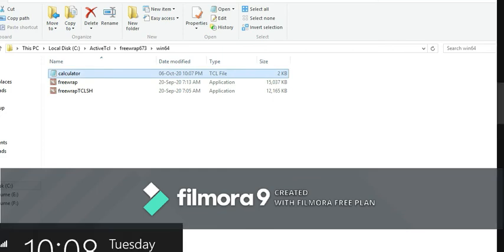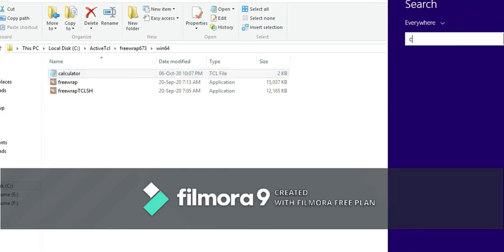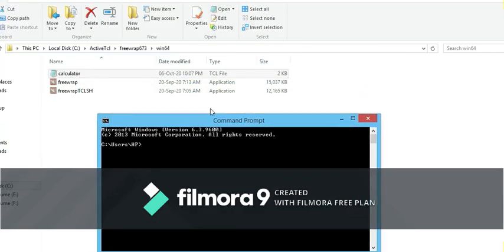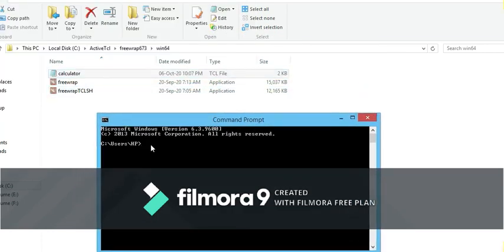Now I am going to open a new command prompt window. Open the CMD window. Right now I have a single calculator file. Here we have to give the path: cd backslash, then the ActiveTcl FreeWrap 673 Win64 folder. Now my current path is Win64.